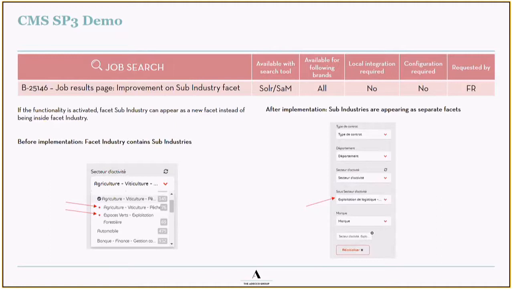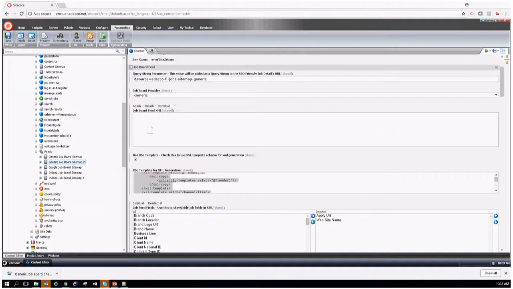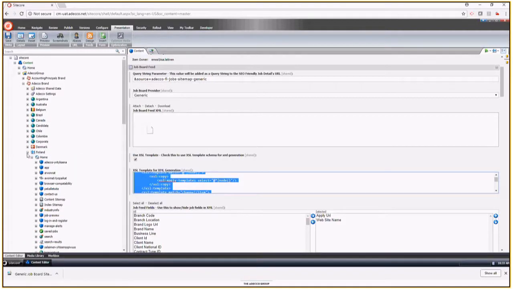This feature is not actually enabled by default. So the content manager will have to enable it, because all the websites so far are not using, or at least not wanting, because it's coming from France, a sub-industry as a separate facet. So as a content manager, if you want to use the feature, you will have to enable it, and Surab